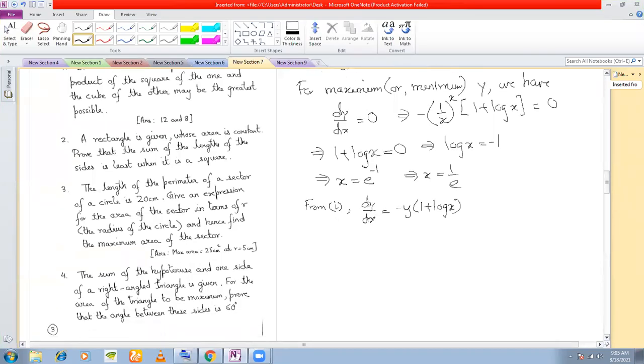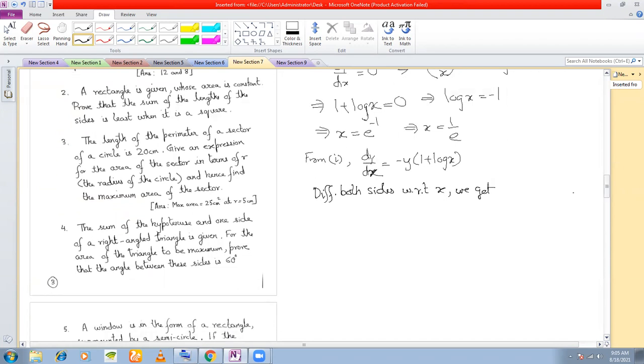So in order to find out the second derivative, we start from dy/dx once again. That is, we are starting from 1, differentiating both sides with respect to x, we get d2y/dx2 is equal to